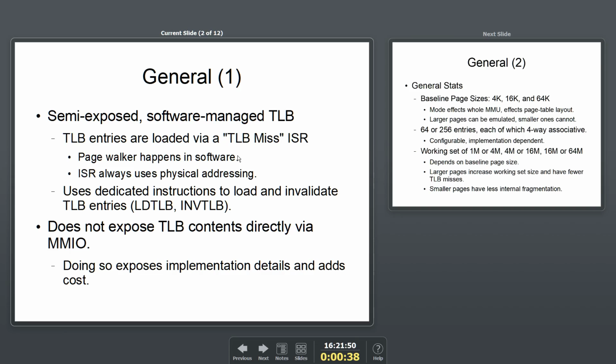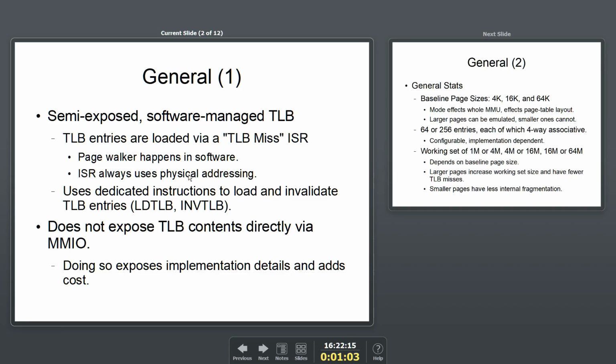The basic interrupt mechanism won't do all that much on its own, so the handler will have to itself do the page table walking, and the ISR